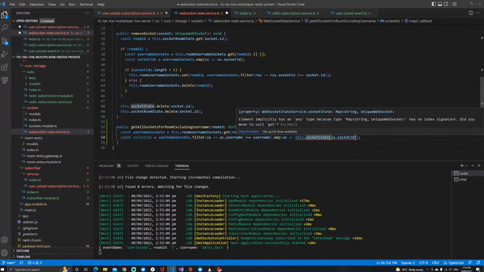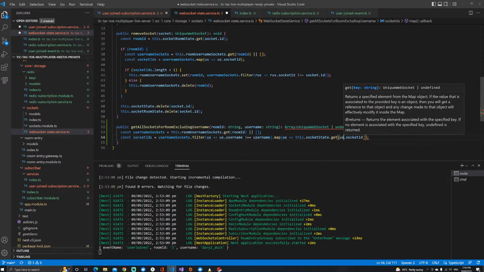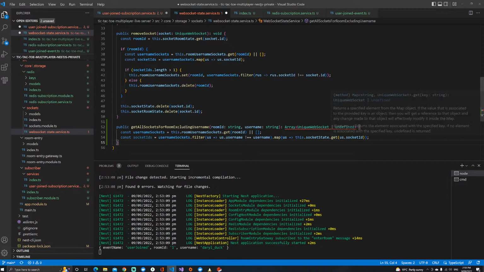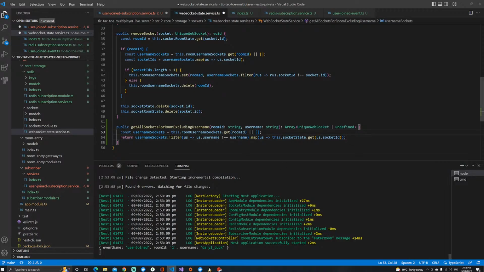Oh, idiot. Or is it null? No, array of unique WebSocket or undefined. Oh, so this should return. Yeah, there we go. Though, I really don't want to return undefined. So what I will do